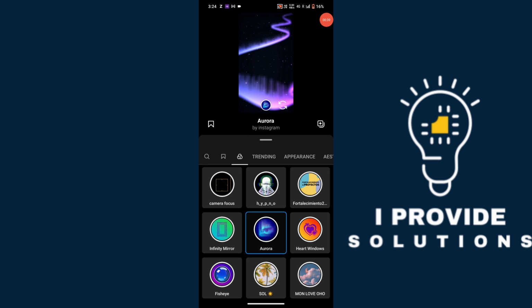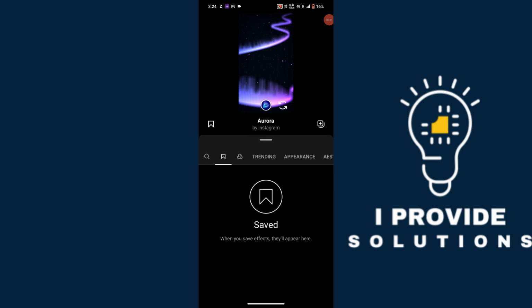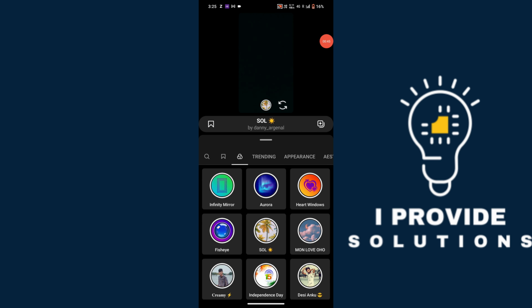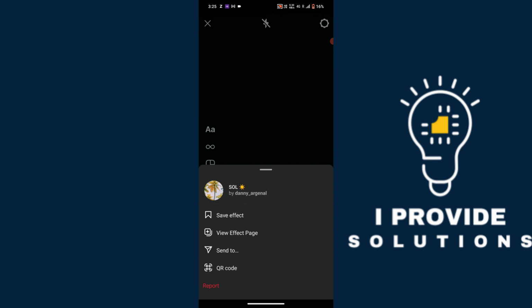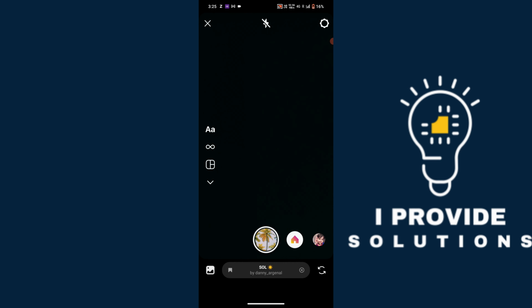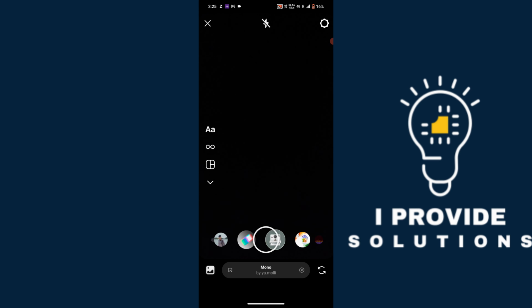here. Click on that save. Here you will see the save option. We need to click on save effect and again I was swiping